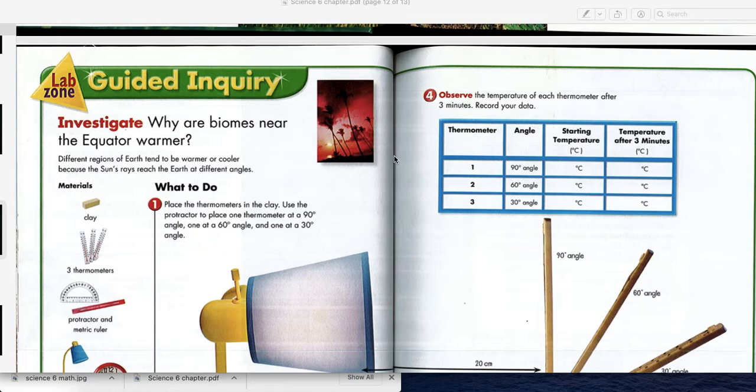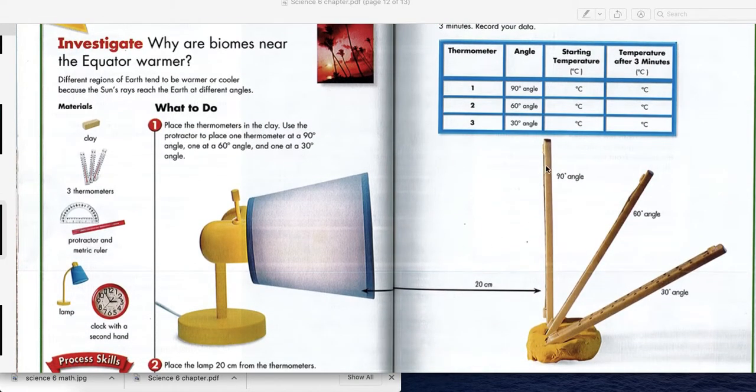I was just going to show you the experiment that they had at the end of the chapter. It was taking a lamp and you put a thermometer on a ruler and you stick it in here. So they have it sit for 3 minutes, guys, at a 90-degree angle. So the heat from the light's going to bash right into that. And then you're going to do it again, this time angled back, and then this time angled even further. And what they're trying to teach you is, guys, the more of an angle,